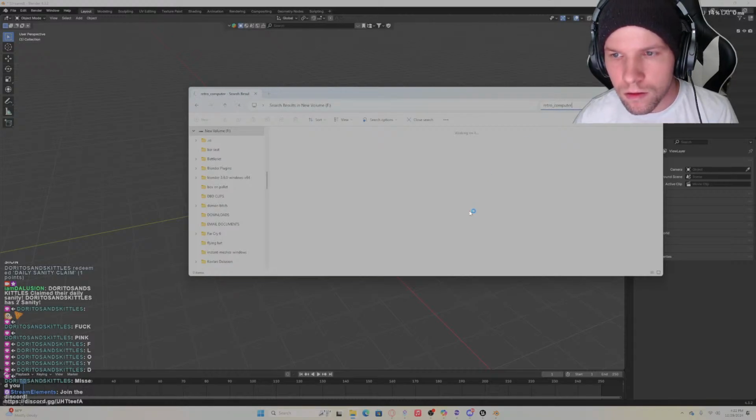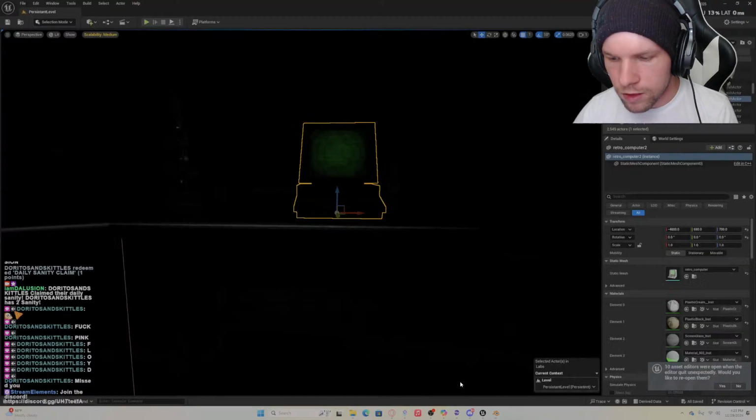Computer. EX. Well, what we can always do is just,